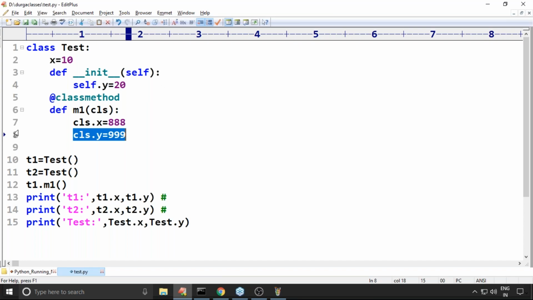Static variable, because a static variable we can create by using CLS. How is it related to an object? That's why a new static variable was created here. Clear, right?